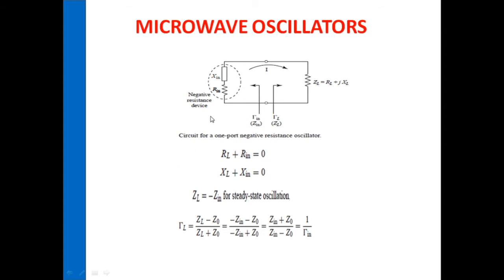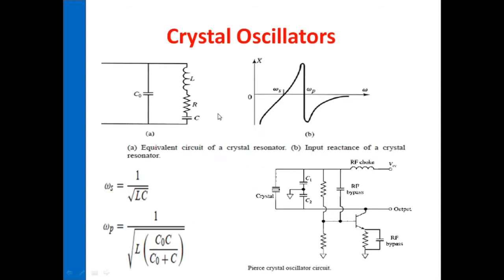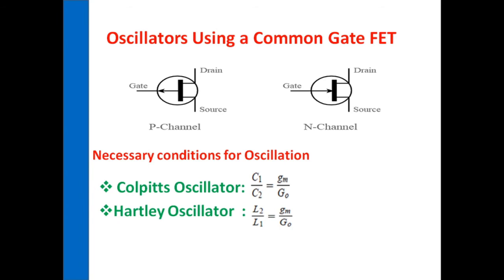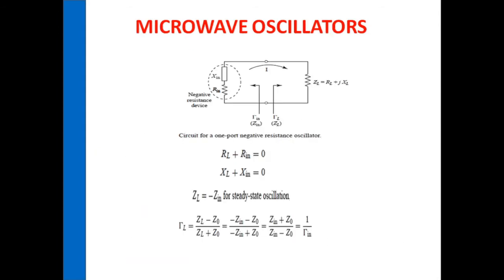If the device is a stable device, then they will utilize the feedback network for producing an oscillation. In the previous slide I explained the Hartley and Colpitts oscillators. These are all in the category of stable active device, meaning feedback network model. But if the device is unstable, then we have to go for some other technique, and I will tell you what that technique is in the two-port oscillator model.